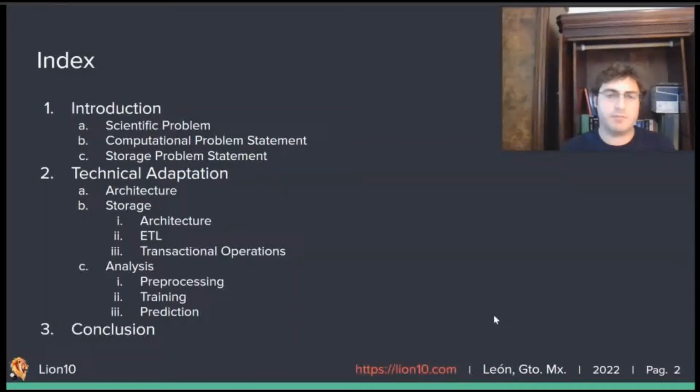It's not meant to be exhaustive by any means, but maybe an introductory, high-level overview. And this is going to introduce the computational problem that we're going to be covering today. So during this section, we're going to talk a little bit about the